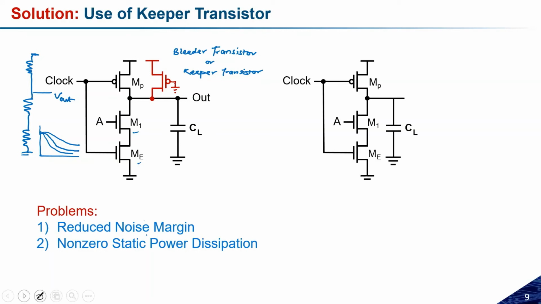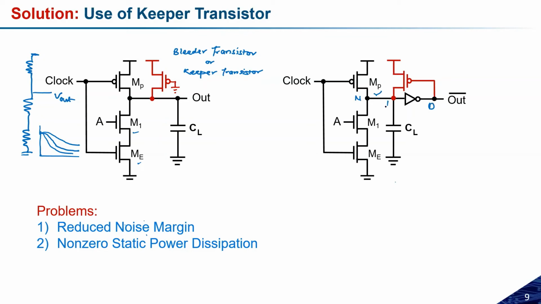Here we have the circuit. Instead of keeping this keeper transistor always in the on state, we can make it a controlled one, and here is the arrangement. We can use one inverter over here, and that inverter will drive this keeper transistor. Because we want to hold this dynamic node, if the dynamic node is high, in that case we want to use this keeper transistor. So if the dynamic node is high, then the output will be low, and that will activate the keeper transistor, and that will hold the logic.